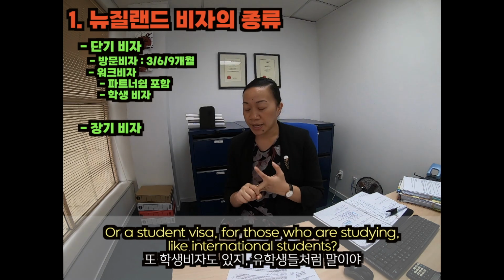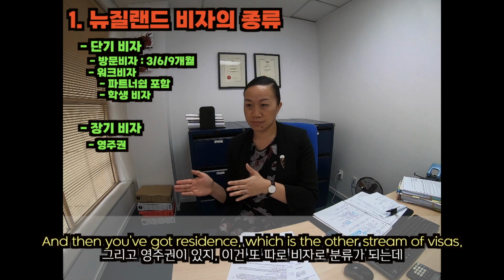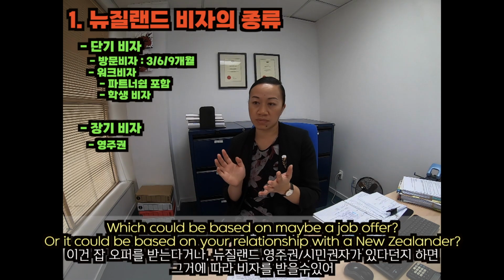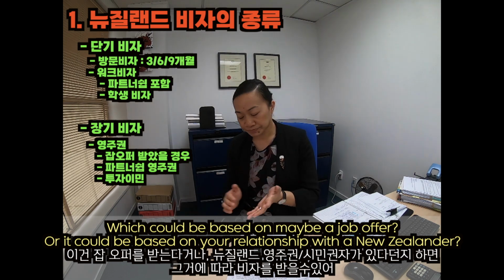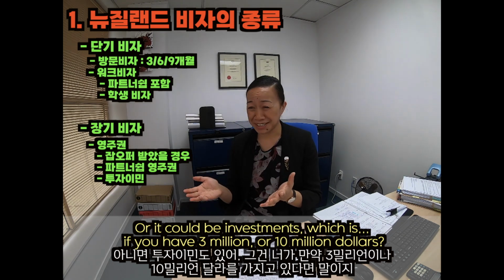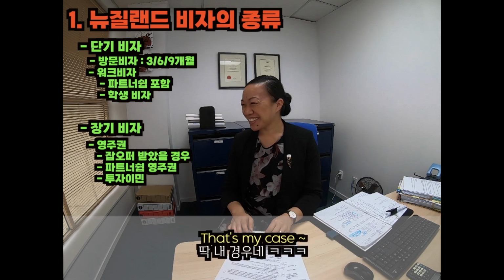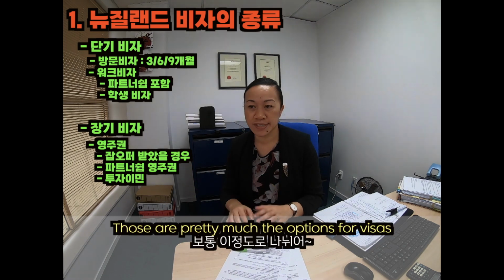students. And then you've got residence, which is the other stream of visas, which could be based on maybe a job offer, or it could be based on your relationship with a New Zealander. Or it could be investments, which is if you have $3 million or $10 million to invest in New Zealand. That's my case. Those are pretty much the options for visas in New Zealand. That's good to